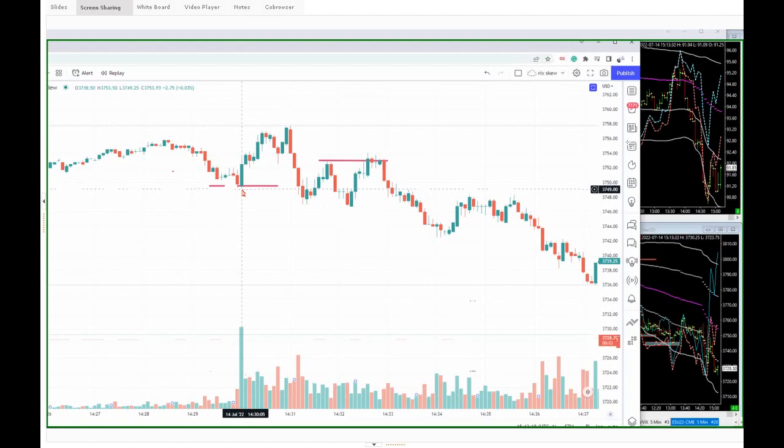Systematic entry, you need to wait for a candle. Now, obviously, you could simply use a candle reversal narrative. So, for example, we've got that candle there, and obviously the systematic entry would be a buy candle there, or simply a sell candle that closes lower. That's it. That is it.